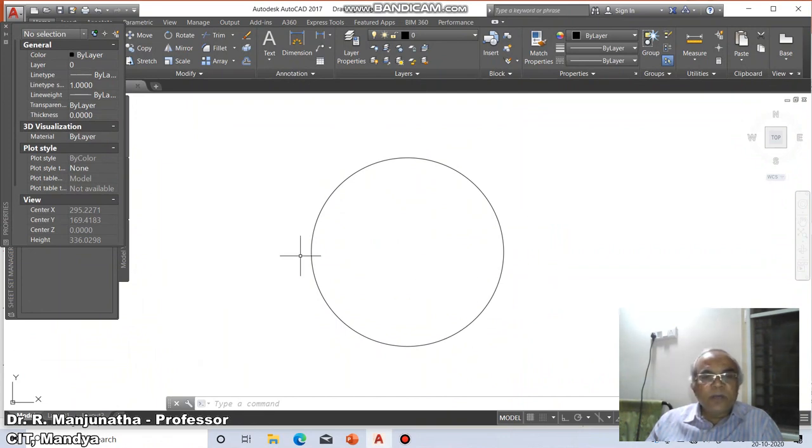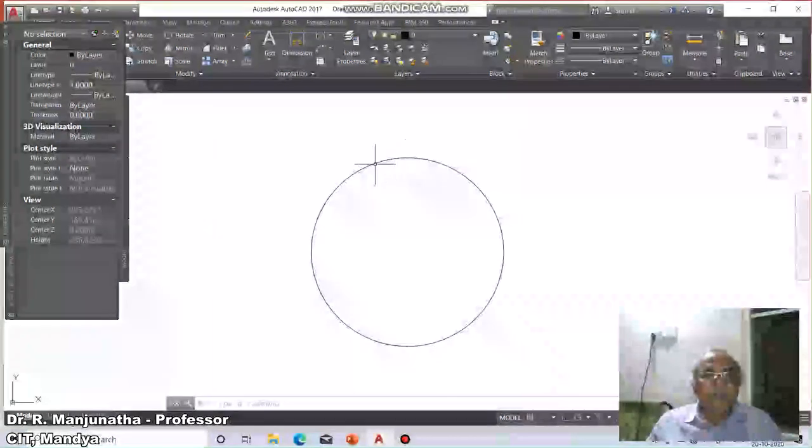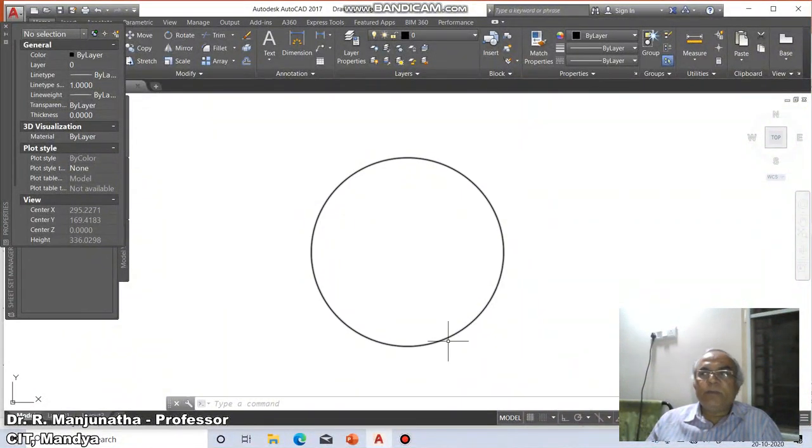So whenever we draw one particular line, we will be able to draw a circle passing through those 2 endpoints of the line. That is basically because it will draw a line, bisect the line and get the midpoint, and from the midpoint of that line, it will draw the circle. That is the reason why it will always ask for the first end point on the circle's diameter and the second point on the circle's diameter. So that is the reason why it asks in that format.